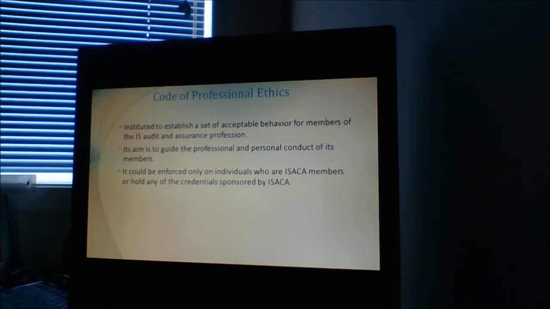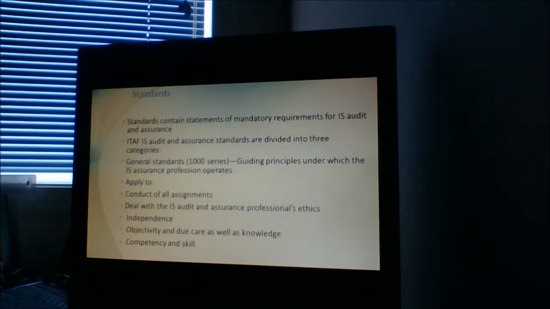The next core component of the IT audit framework is the standards. These standards are a mandatory requirement for IT audit and assurance. The IT audit and assurance standards are divided into three categories. The first category is the general standard.